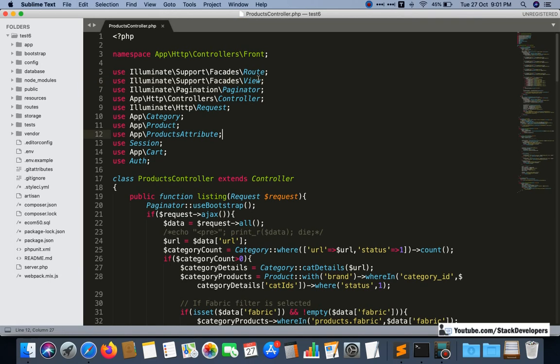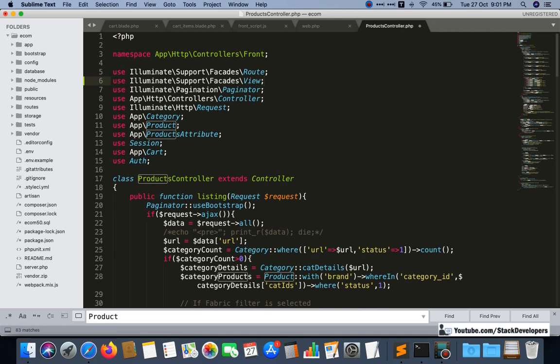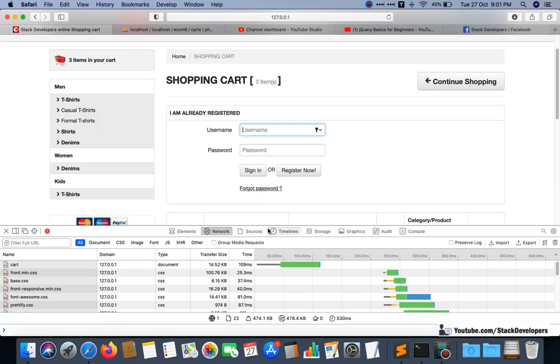This is the thing that we need to add here, at the top. From my dummy project I have taken it, and you can also add this one. Facades view. So now it will not give the error.